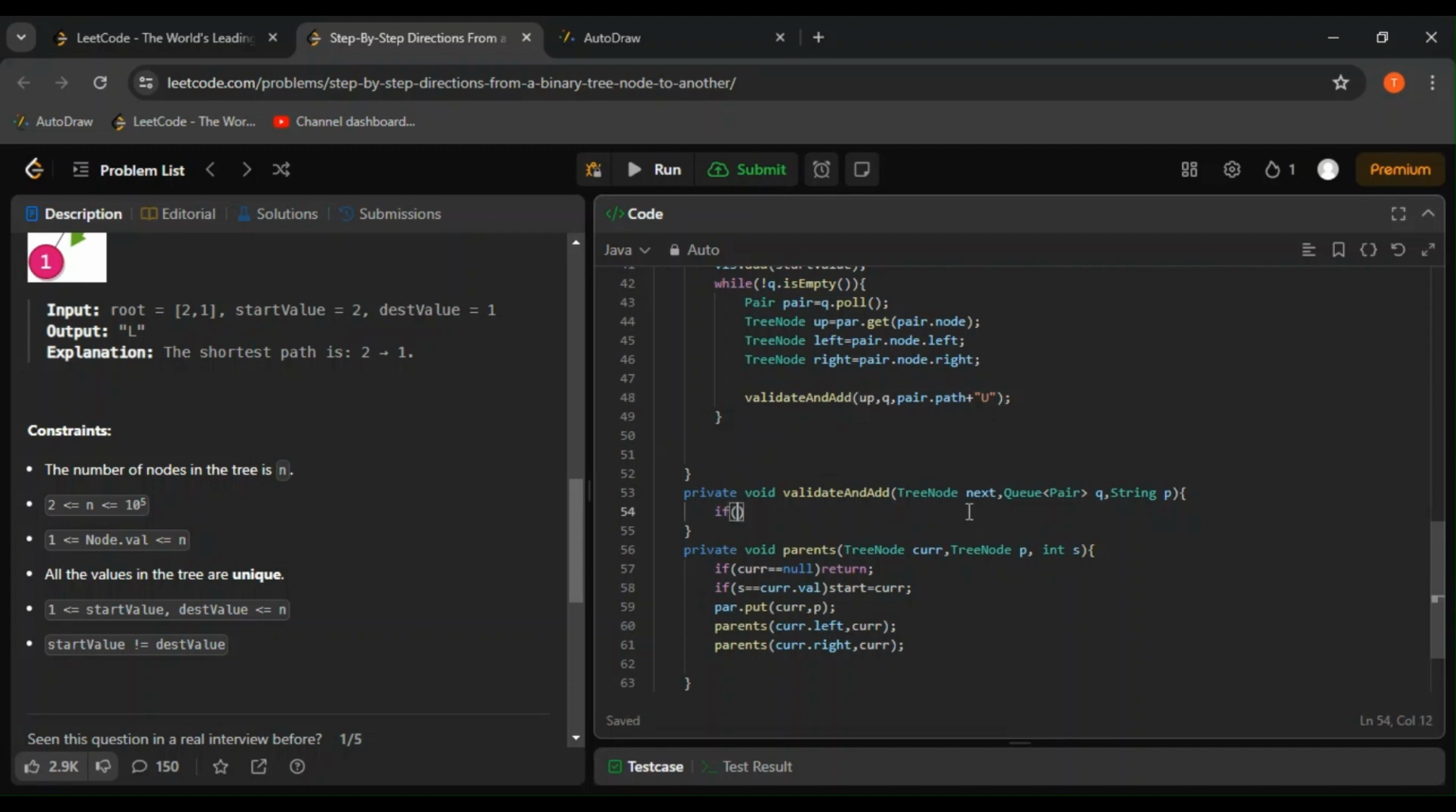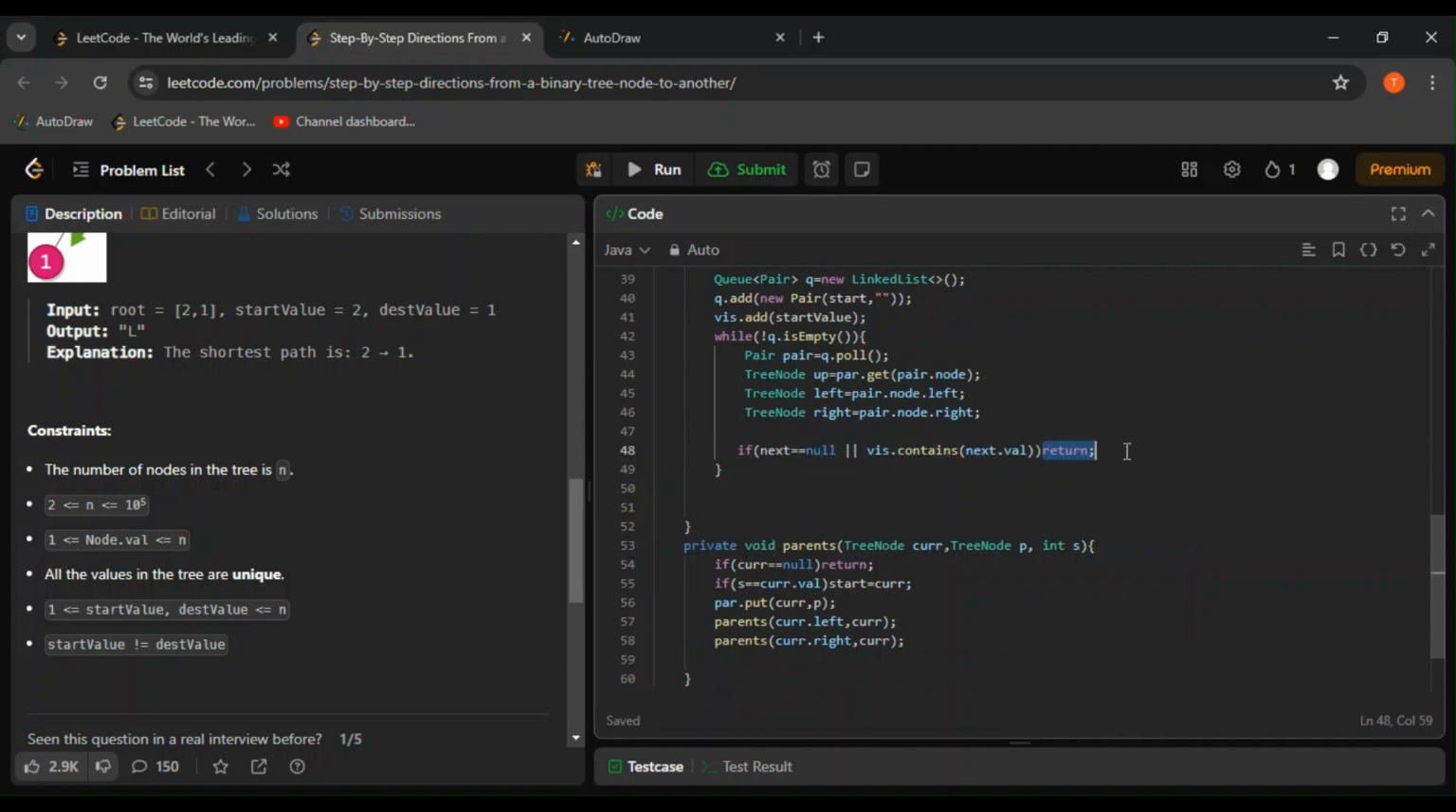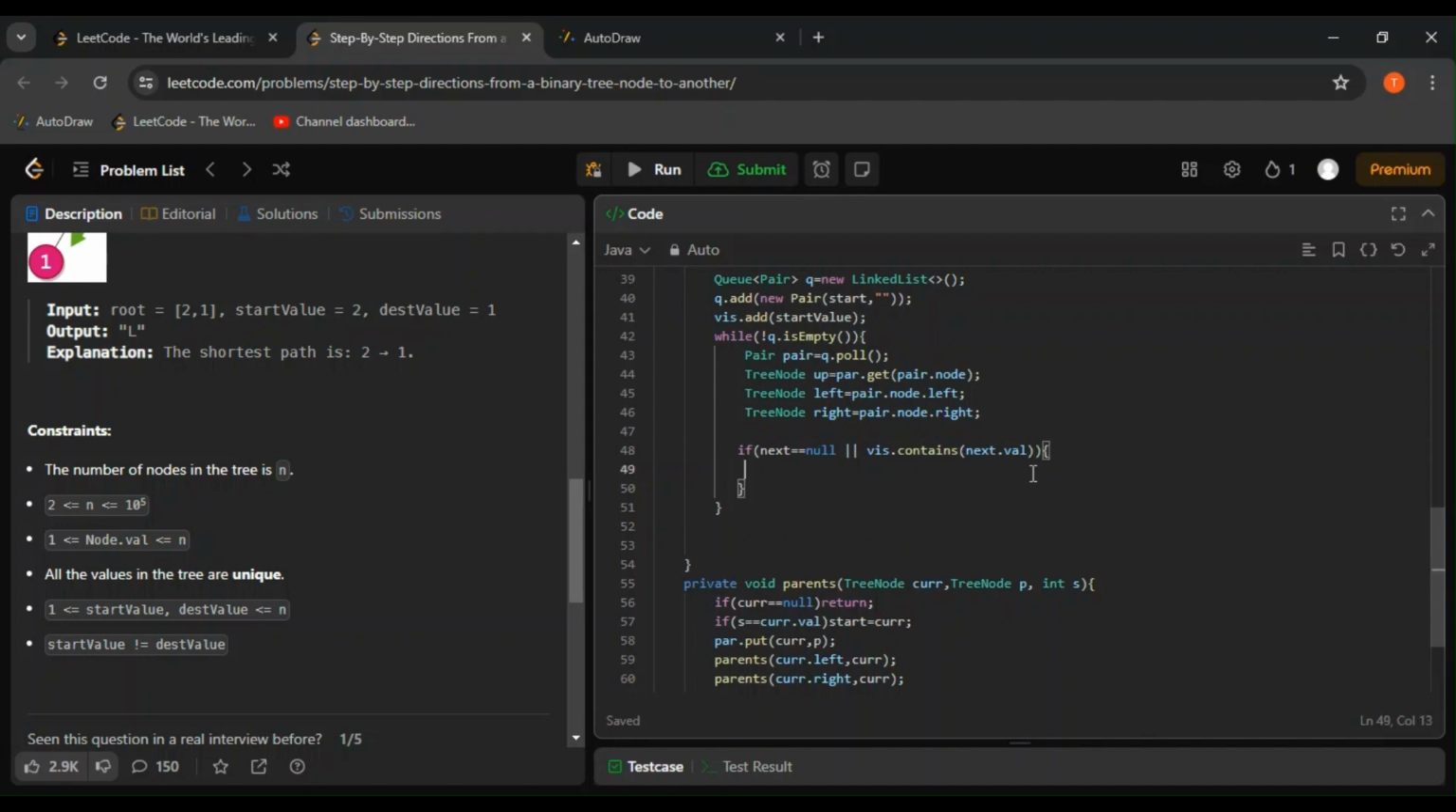Now, if next equals null, we return. No need to add anything anywhere. Return. Now, if this is null or this dot contains next dot val, so it is visited, then also we don't need to do anything. You know what, this is getting complicated unnecessarily. So what I need to do is